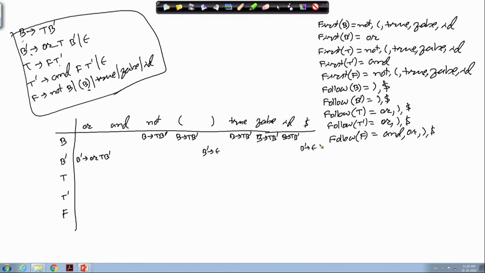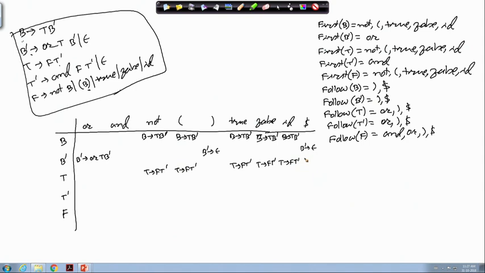Okay. So, if you do it this way, then for T producing F T dash, first of F has got all these symbols. So, there I should put T producing F T dash. So, T producing F T dash comes here, then open parenthesis, T producing F T dash comes there, then true, false and ID, all of them come at this place.